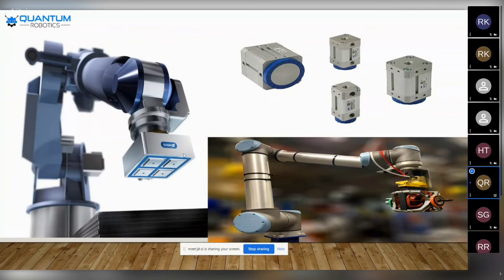And here also we have the electromagnetic gripper, which grips the particular objects by using a magnetic field. Here also we can see different types of end effectors, and the coupling forces acting over here.